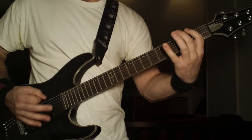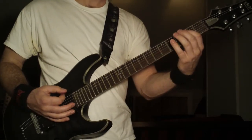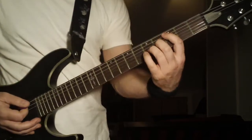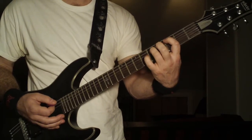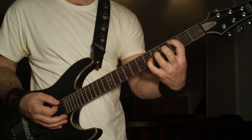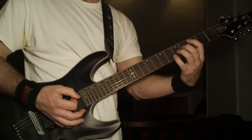Okay, and then from there, after he goes to the open to the 3rd fret, you're going to play this 3rd fret half power chord. It's just the octaves though. You're not playing that 4th string there. You're just going from the 3rd fret on the 5th string to the 5th fret on the 3rd string. So you get that sound, and you're just going to kind of play that real fast, like,